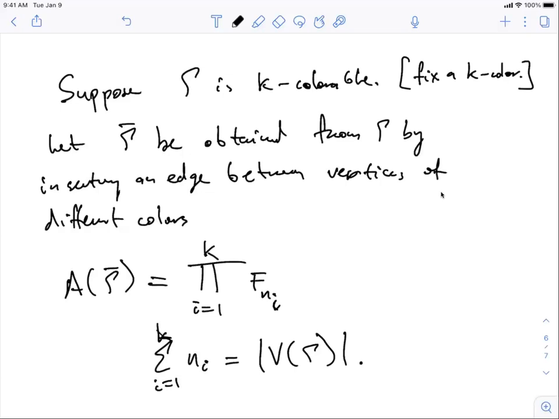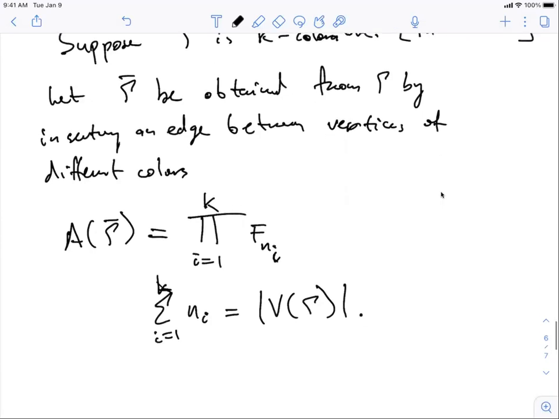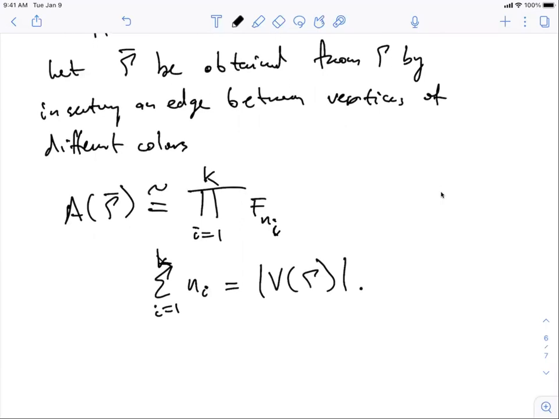In this equation, A of gamma bar is equal to this product of free groups. You have vertices of the graph on the left and vertices of some join of completely disconnected graphs on the right, and there's no reason to suspect that vertices should be respected by such an arbitrary homomorphism. So I'll just write an isomorphism here. But